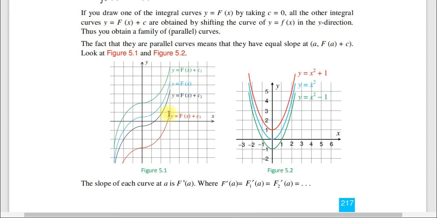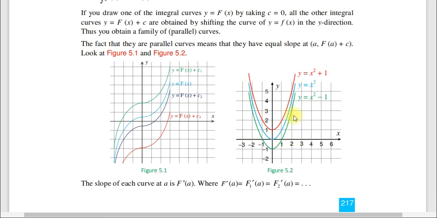ማለት ነው ለምሳሌ ይሄን ግራፍ 5.1 እና 5.2 ላይ ያለውን ግራፍ እዩ። እዚህ ጋር y is equal to f of x plus c1, the green color ማለት ነው። እዚህ ጋር ደግሞ y is equal to f of x፣ እዚህ ጋር ደግሞ y is equal to f of x plus c2, f of x plus c3 የተለያዩ ኮንስታንቶችን ስንጠቀም ፓራላል የሆነ ግራፍ ነው የምናገኘው። ኦኬ ይሄ ኢንተግሬት የተደረገው ነው ወይም አንቲ ዴሪቬቲቭ ነው፣ ይሄ ደግሞ ኦሪጂናል ፋንክሽን ነው። ያ ማለት y is equal to x square plus 1 ቢሰጠን እንደዚህ አይነት ግራፍ ነው የሚሰጠው አይደል፣ የኳድራቲክ ፋንክሽን ማለት ነው። y is equal to x square ይሄን ነው፣ y is equal to x square minus 1 ቢሰጠን እንደዚህ ፓራላል የሆኑ